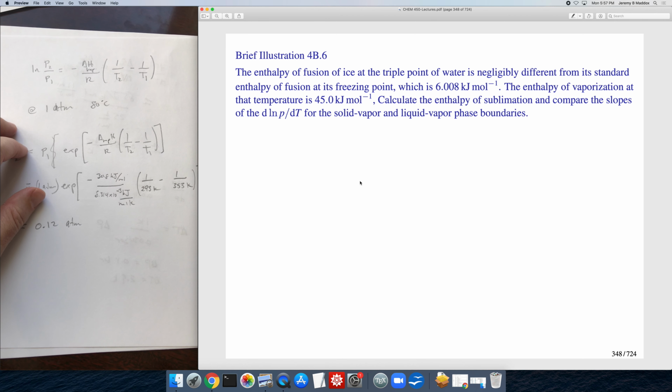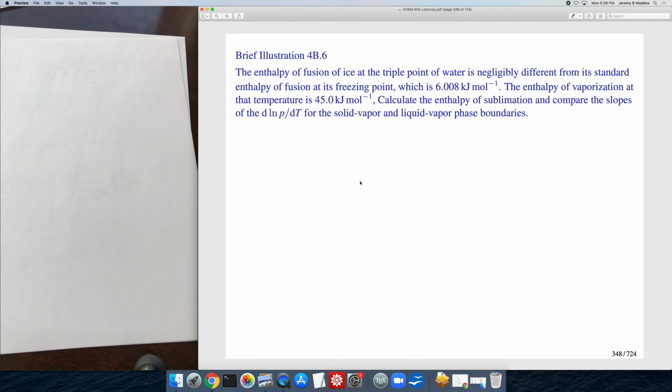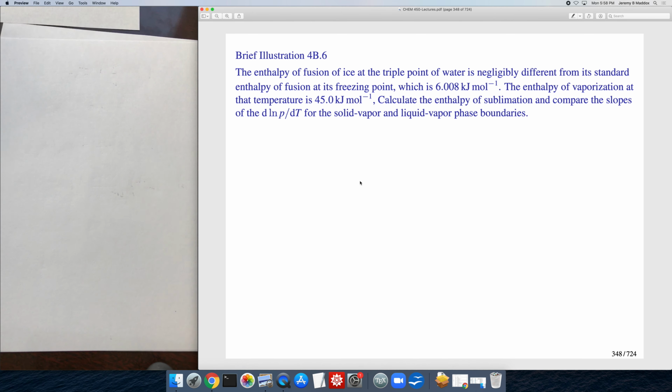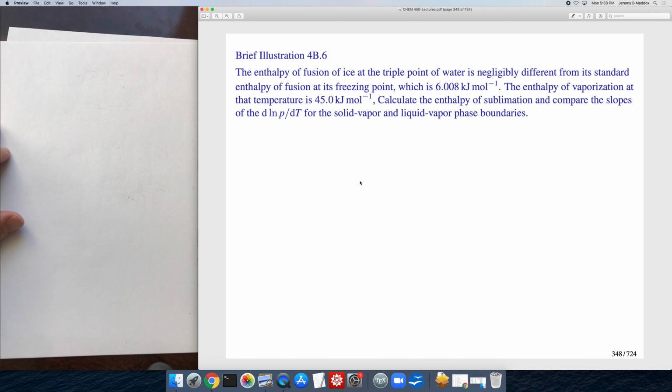Here, I don't think I'm going to work this one in any detail. It says that the enthalpy of fusion of ice at the triple point of water is negligibly different from the standard enthalpy of fusion at its freezing point, which is 6 kilojoules per mole. Then they go ahead and give us the enthalpy of vaporization. They want us to calculate the enthalpy of sublimation and compare the slopes of the d natural log of p by dT for these two different